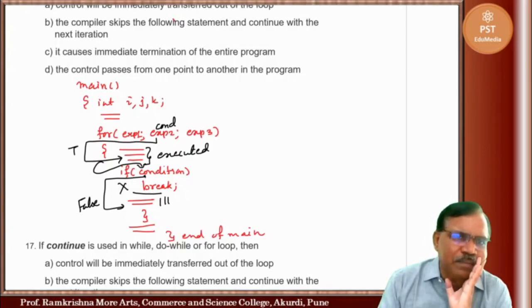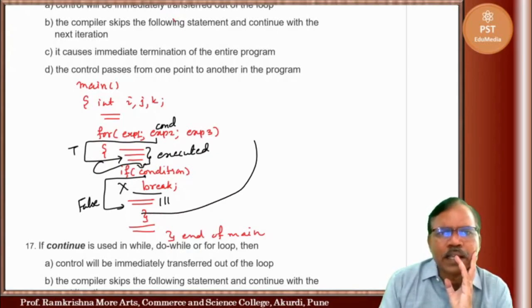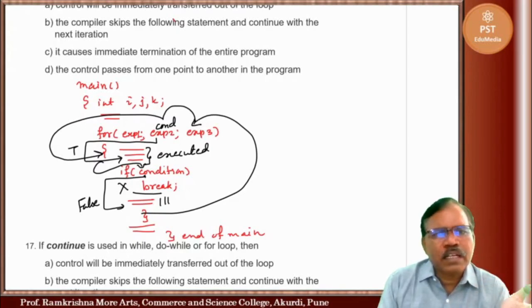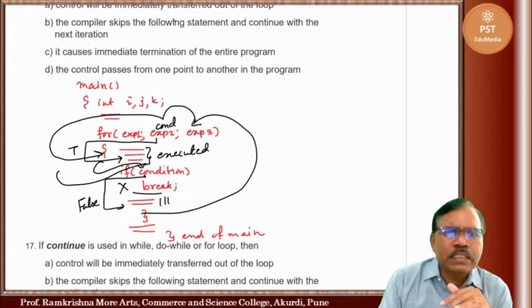Remaining statements are executed. Control again goes to expression 3. Condition is evaluated, then it enters in the loop. All statements before if are executed. Then if condition is evaluated, if condition is false, it will not execute break. It will execute remaining statements, it will go back. Once this if condition becomes true,